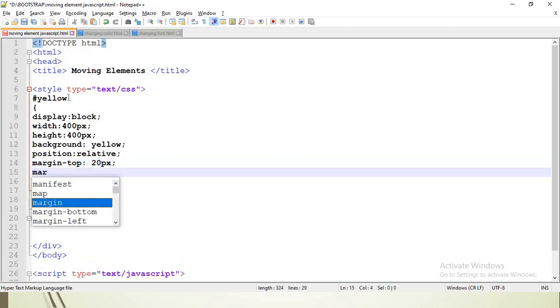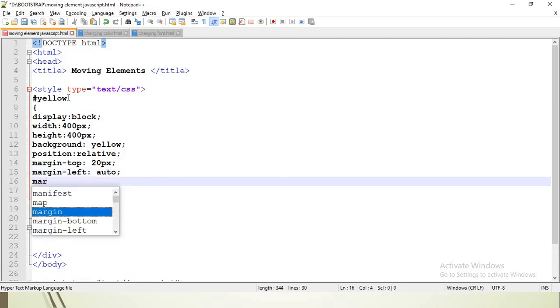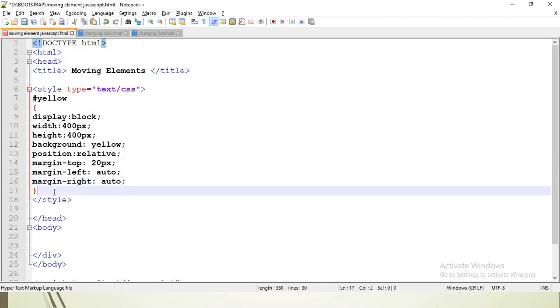Since I want this block to be placed in the middle of the web page, I give margin left as auto. So this will give my block in the middle of the web page. Margin right is auto.